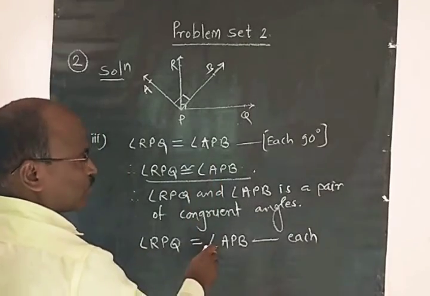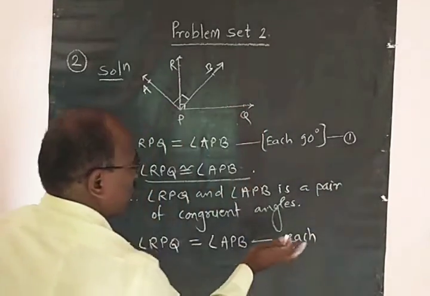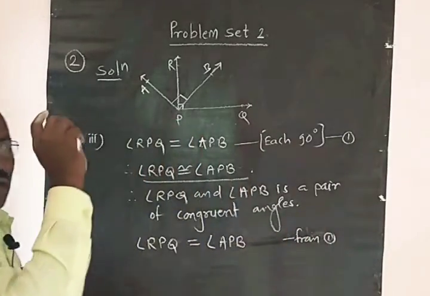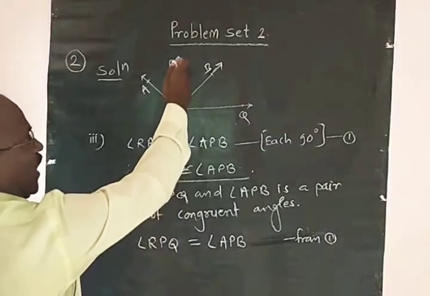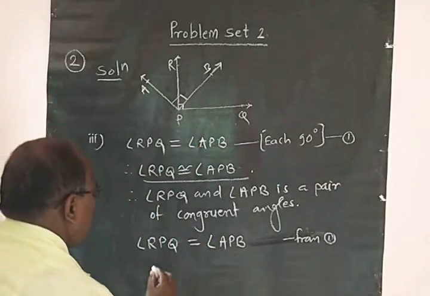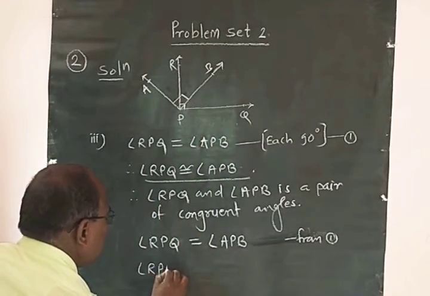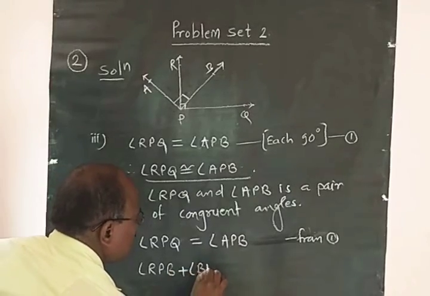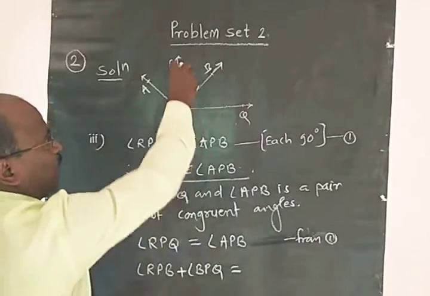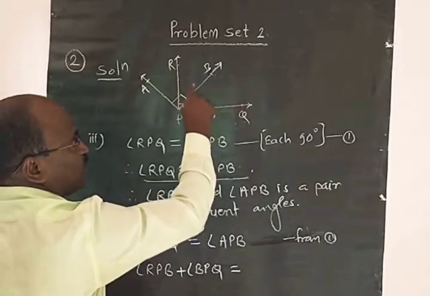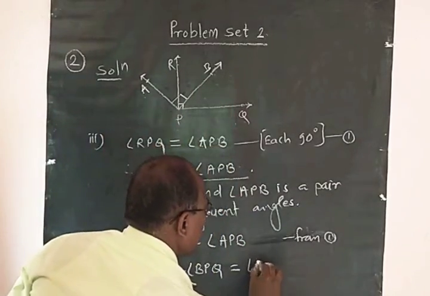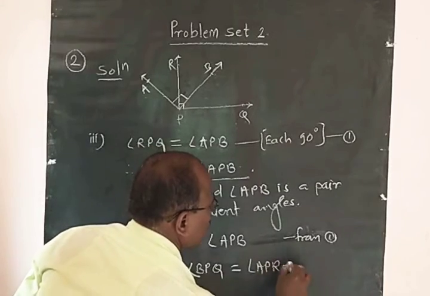हेच अँगल पुन्हा लिहिलं आपण, त्याला आपण समजा 1 म्हणूया. फ्रॉम 1. ओके, मग आता RPQ म्हणजेच RPB प्लस BPQ. ओके, अँगल RPB प्लस अँगल BPQ इज इक्वल टू याची किंमत म्हणजे या दोघांची बेरीज आहे बघा. RPB प्लस BPQ हा पूर्ण अँगल म्हणजे या दोघांची बेरीज. तसेच इकडं APB हा पूर्ण अँगल म्हणजे अँगल APR प्लस अँगल